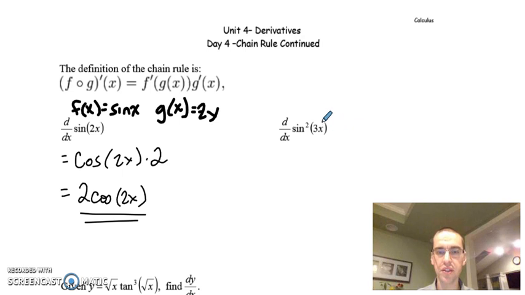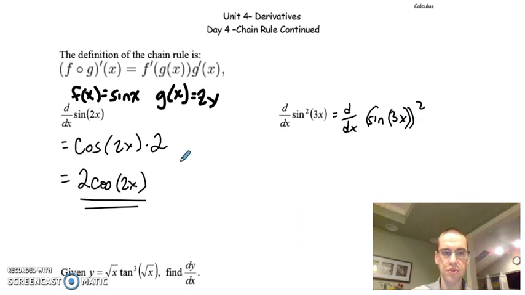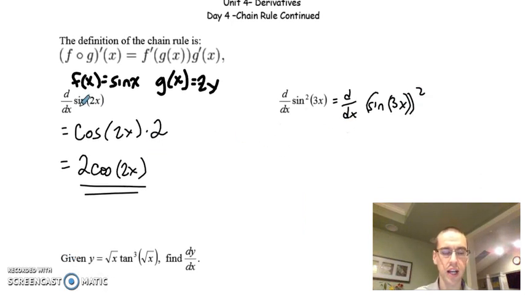With this one, we can rewrite this. We can say that equals the derivative of sine of 3x, all squared. A little more work here. This was a simple composition. This is a composition within a composition. So we take the derivative of the main function, which is something squared. So we can say this is 2, keeping the inside the same, sine of 3x